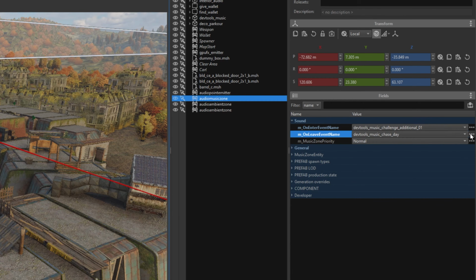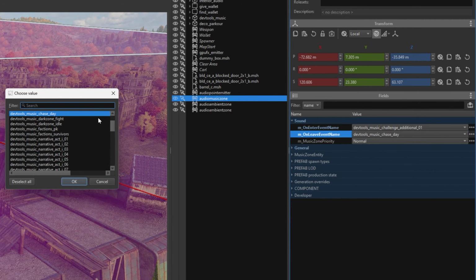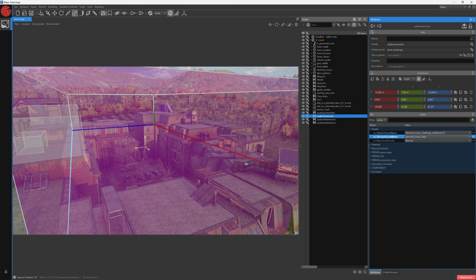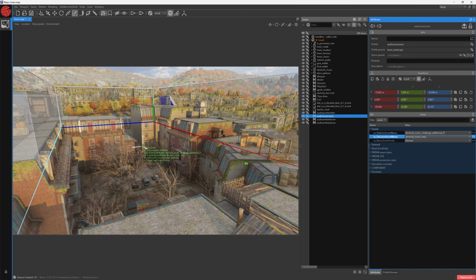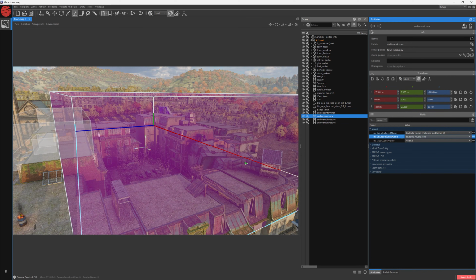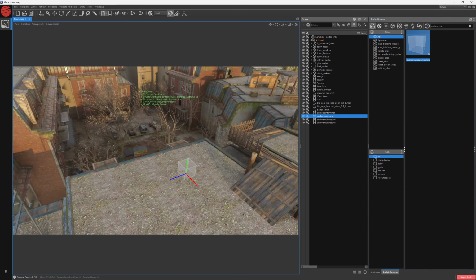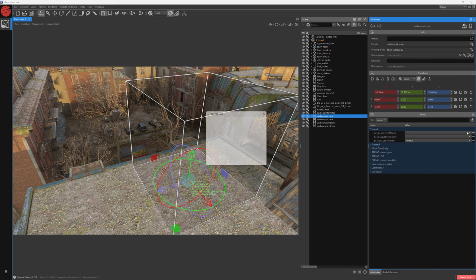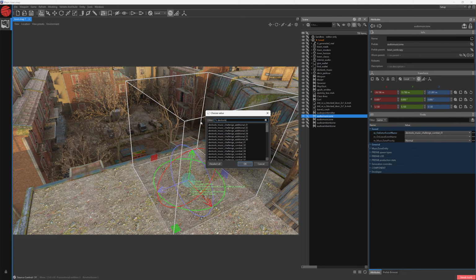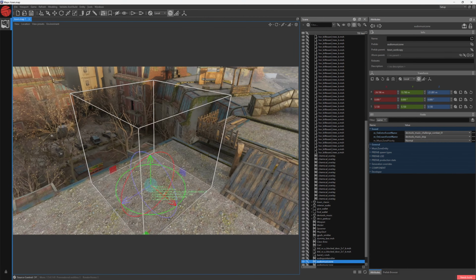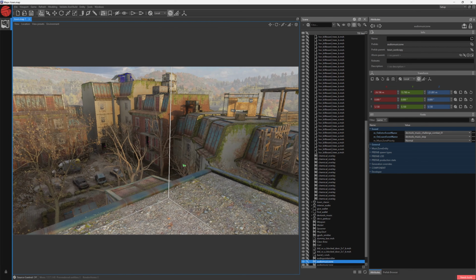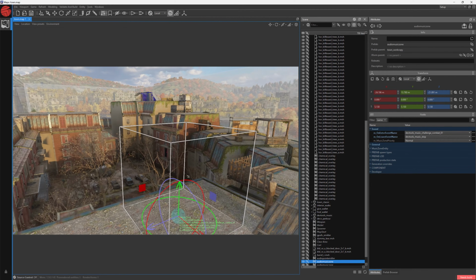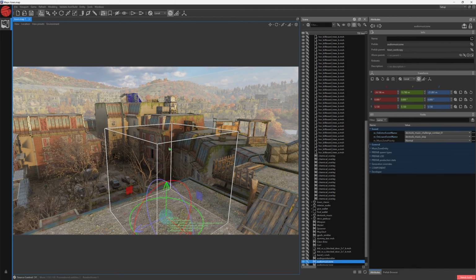Let's change it back to DevTools Music Stop. And to refresh our event, you need to fly in, and then fly out. It's all quiet here. If you're ever thinking of more complex operations, yes, you can create smaller music zones inside bigger music zones. The smaller one will always take priority over the bigger one. We can go ahead and delete that for the moment.